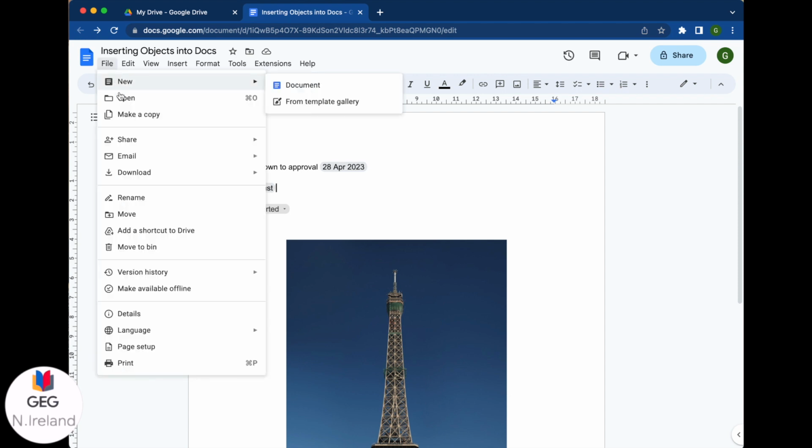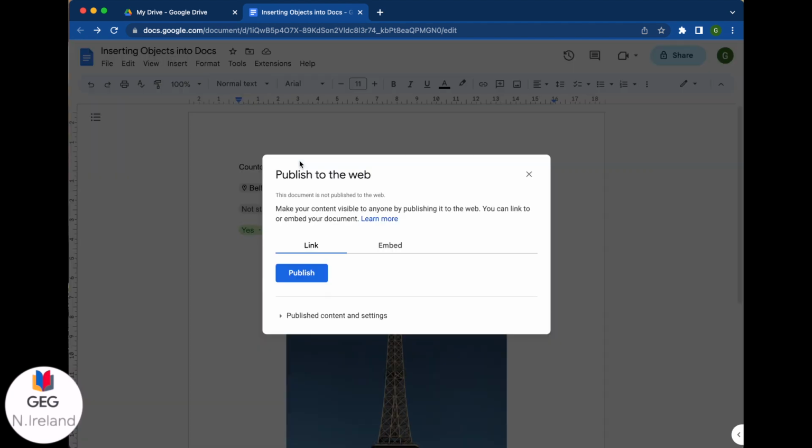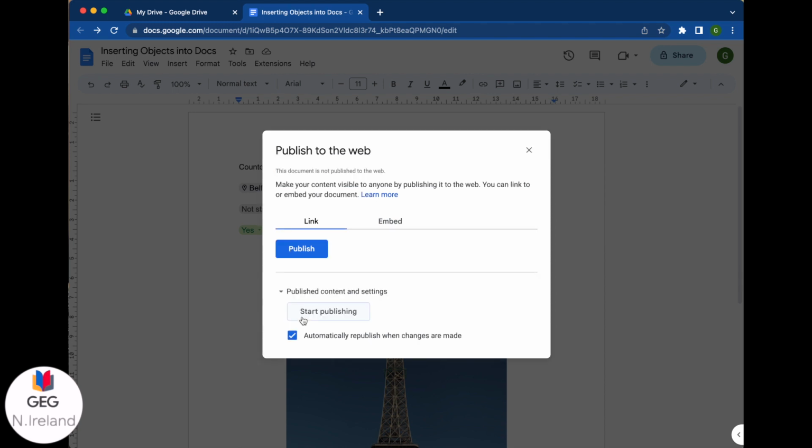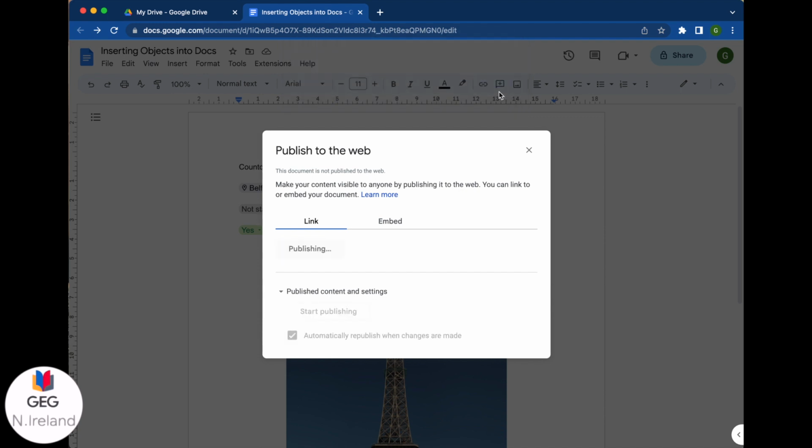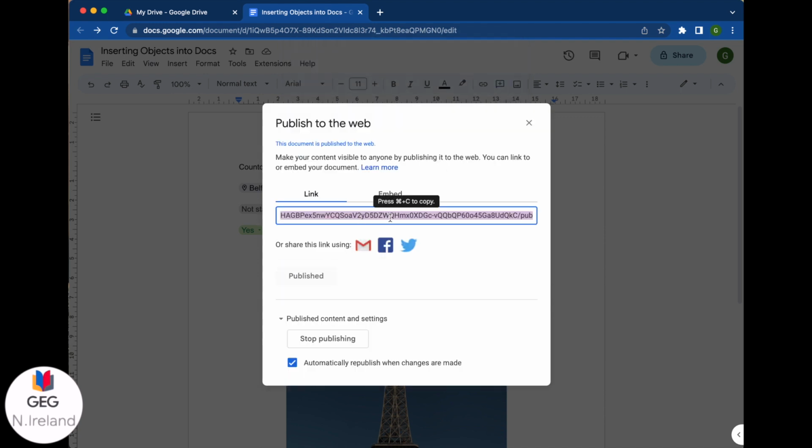and then Share and then Publish to Web, it will create a link, or if it's going specifically into, say, your school website, you can also create an embed link or an embed code. We're just going to publish a straightforward link. So if I click on Publish, and it will ask me to confirm, I have published a straightforward version of this document to the internet, and